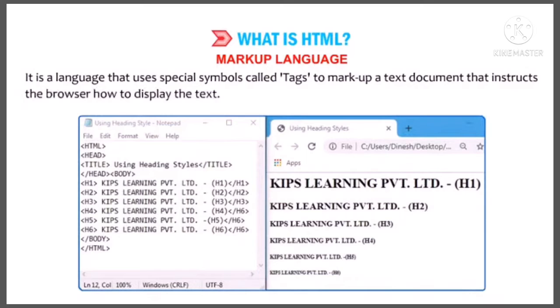So what is a markup language? It is a language that uses special symbols called tags, which instruct the browser how to display the text. In this chapter, we will study different kinds of tags which are used while coding. So that is Hypertext Markup Language.